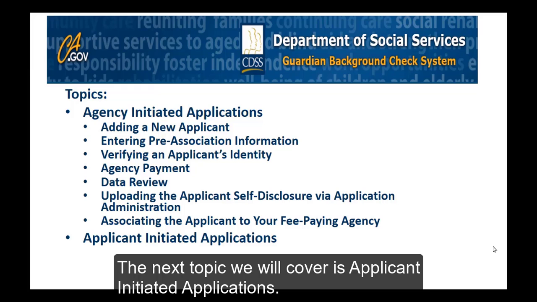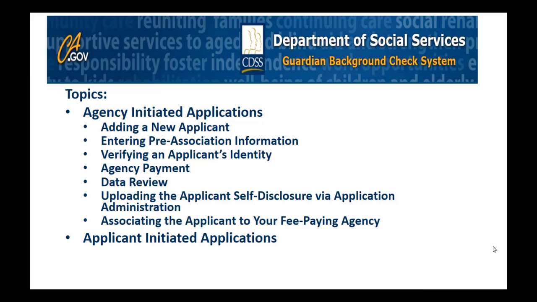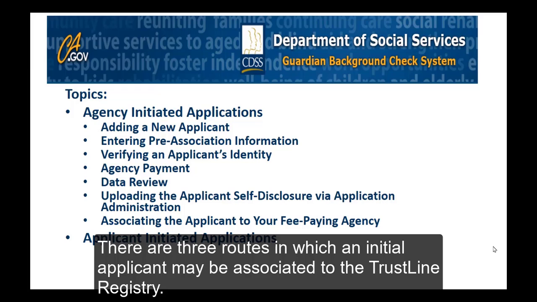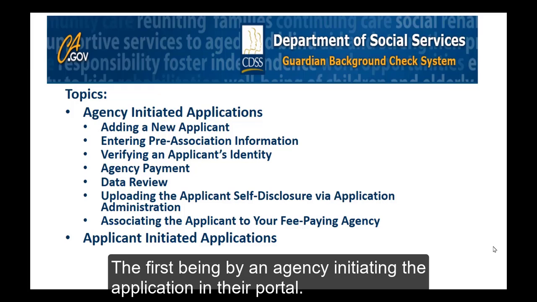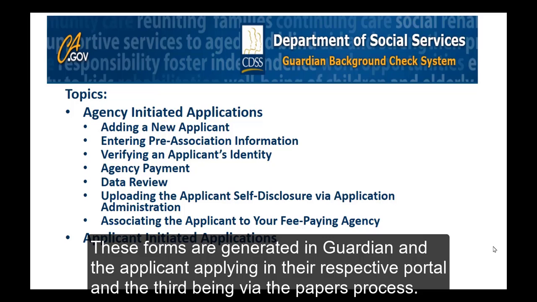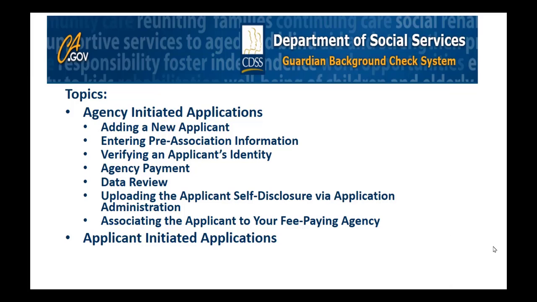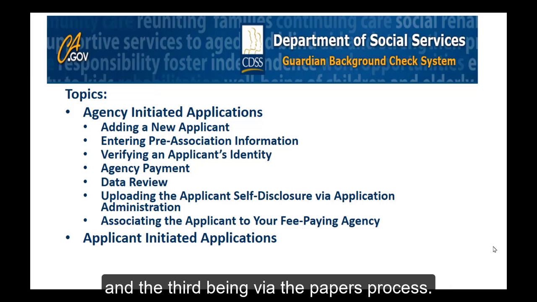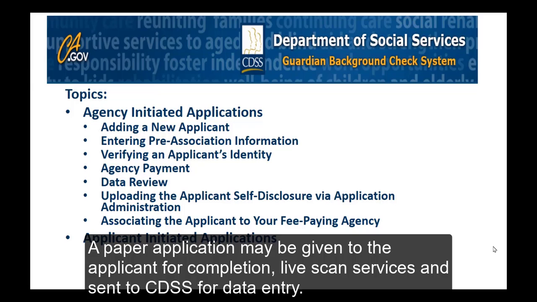The next topic we will cover is applicant-initiated applications. There are three routes in which an initial applicant may be associated to the TrustLine registry. The first being by an agency initiating the application in their portal. The second being by the agency providing an applicant with an applicant instruction form. These forms are generated in Guardian, and the applicant will apply in their respective portal. And the third being via the paper process. A paper application may be given to the applicant for completion, live scan services, and sent to CDSS for data